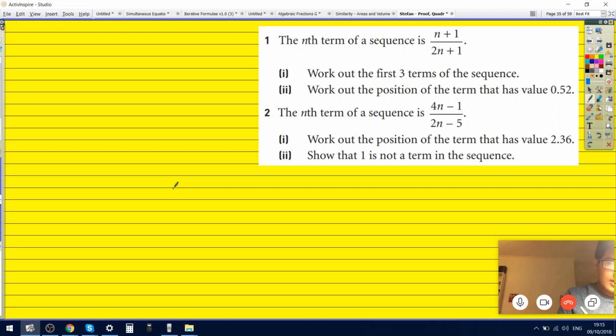So 4n minus 1 over 2n minus 5 equals 2.36, so 4n minus 1 equals 2.36 times 2n minus 5. So 4n minus 1 equals 4.72n minus